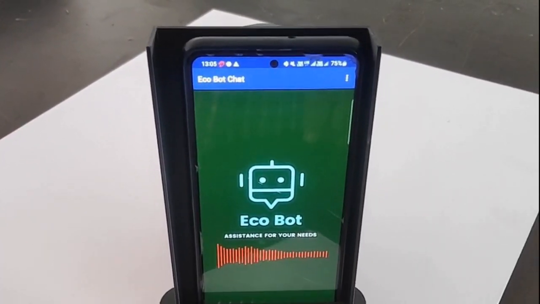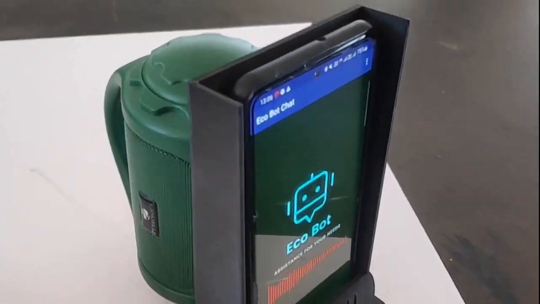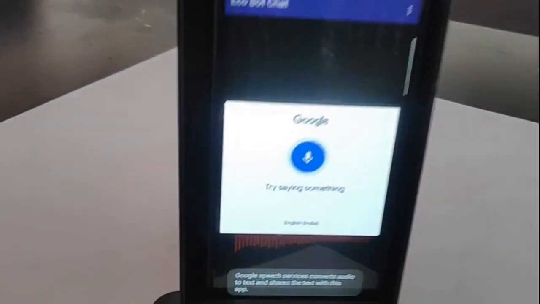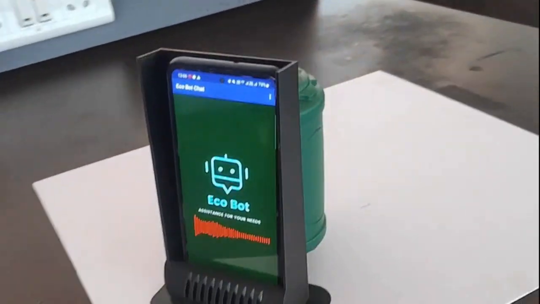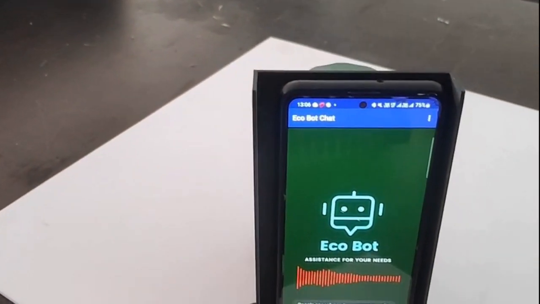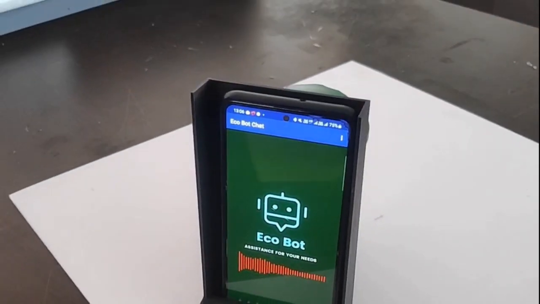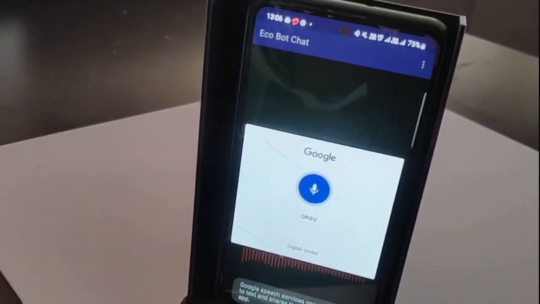Hi there. Based on my analysis, I've noticed that you consume a lot of electricity. Would you like some suggestions on how to reduce your electricity consumption? Yes. One easy way to reduce electricity consumption is to turn off the lights when natural light is sufficient and when you leave the room. Do you currently use LED light bulbs? No. I suggest switching to LED bulbs. They are more efficient and emit less carbon than traditional incandescent bulbs. Okay.